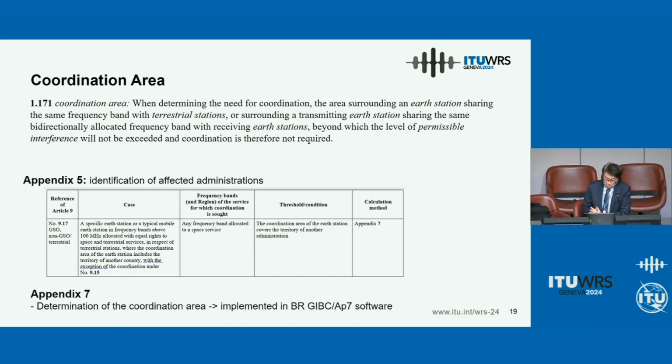So Appendix 7 shows the details of the calculation and the determination of the coordination area, and the Bureau has implemented it in the software GIBC AP7, which I will encourage all of you to use. We will talk a lot more details about it during our workshop, so I will encourage all of you to participate in our workshop.